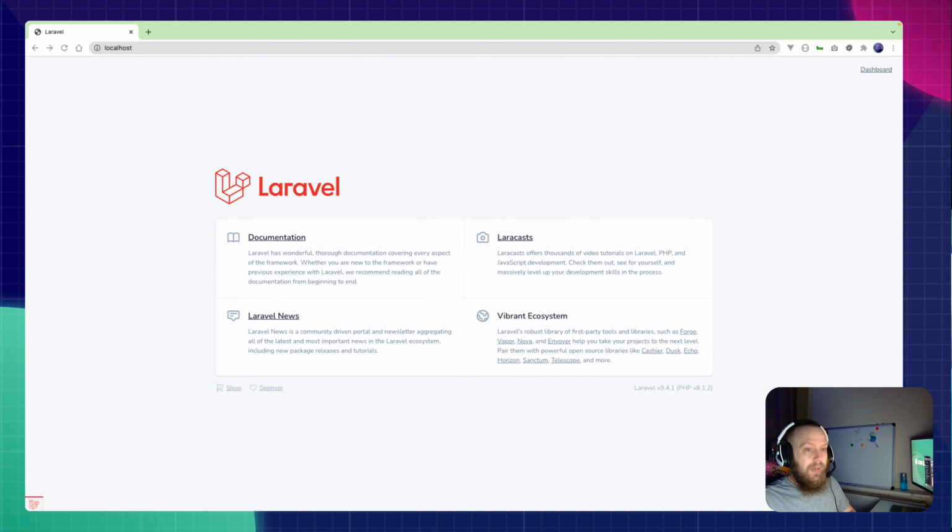We are picking back up with our Laravel CV builder, and this time we're going to be doing some domain-driven design stuff to make it a little bit more fancy. So what I'm going to do is we're going to get started, but the first thing I want to do